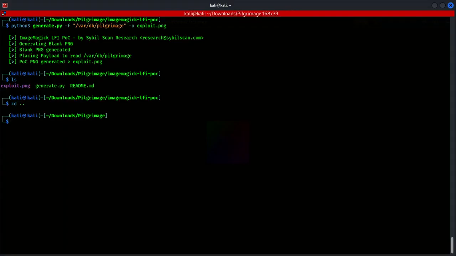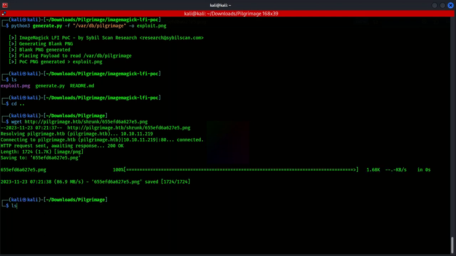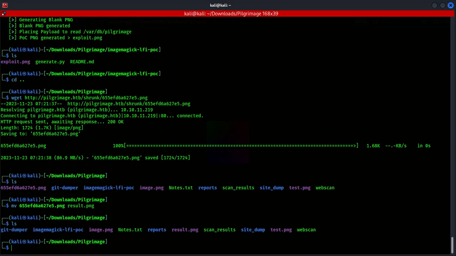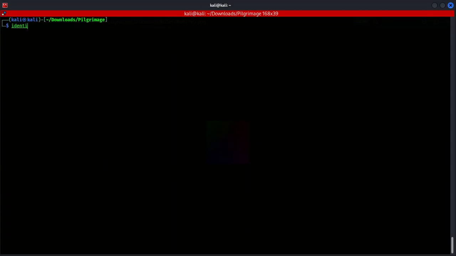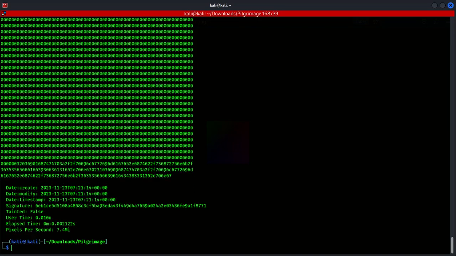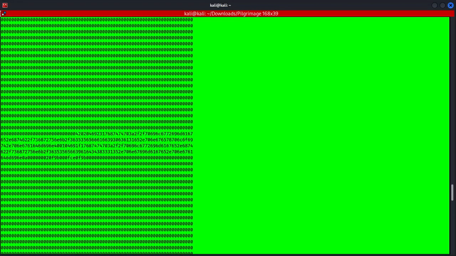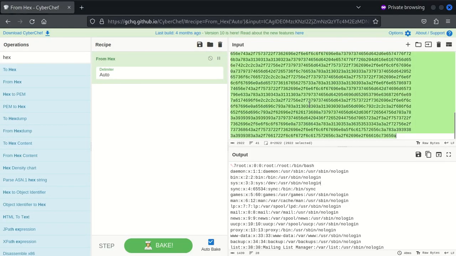Okay, click on this. We'll use wget one more time. And we'll rename this file to call it result.png. Just like before, we are going to use identify in verbose mode and the file name. And just like before, copy all this hex, go back to CyberChef,